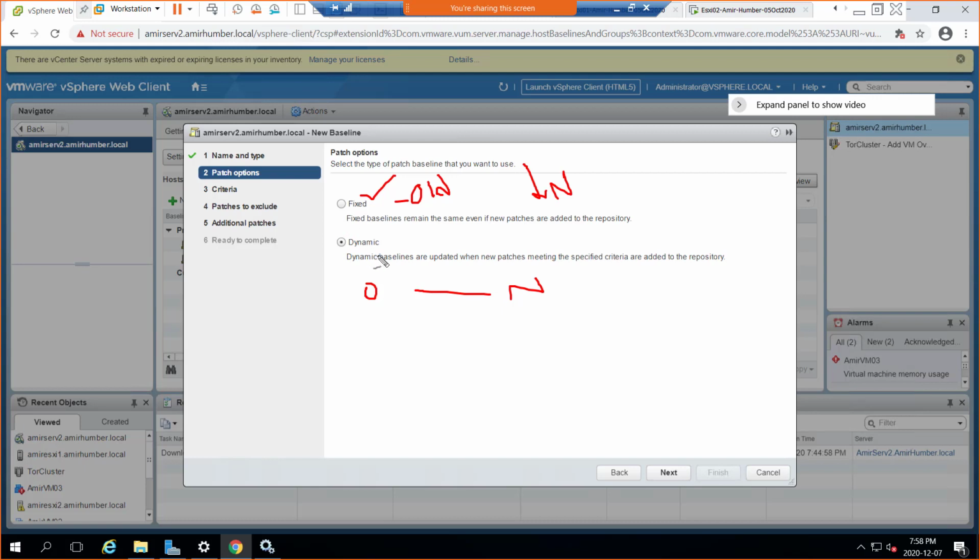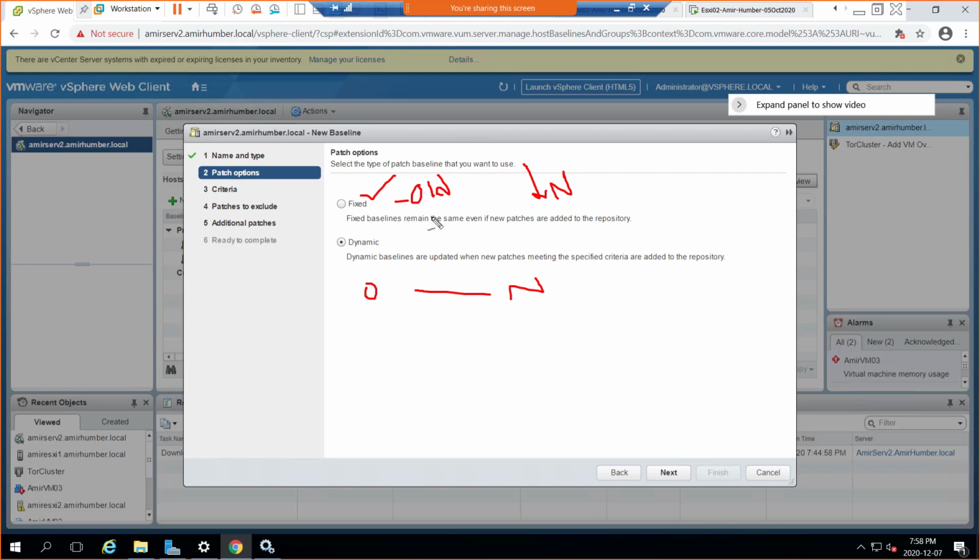But suppose the older version of the patch was connected to some very critical files of your software. If you remove the older version, it may automatically affect some of those critical files as well. So sometimes it's good to first check: I will install the newer version of this patch, but will removing the older version affect my files or not?